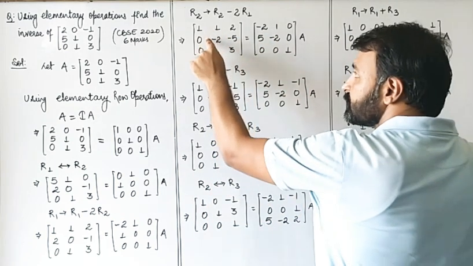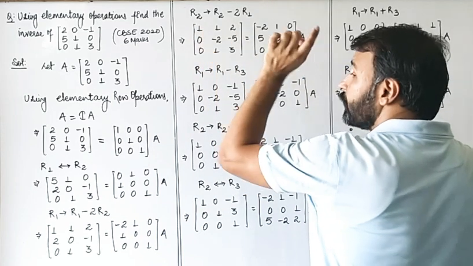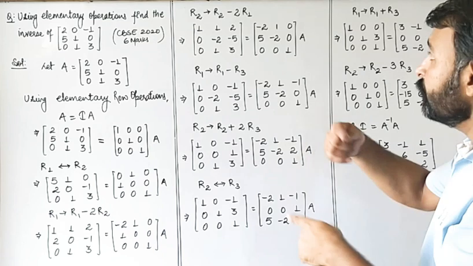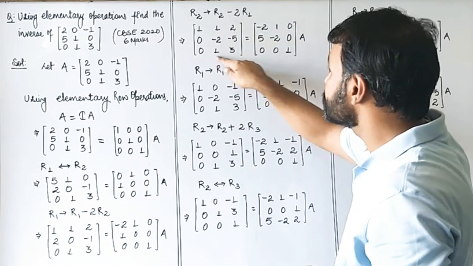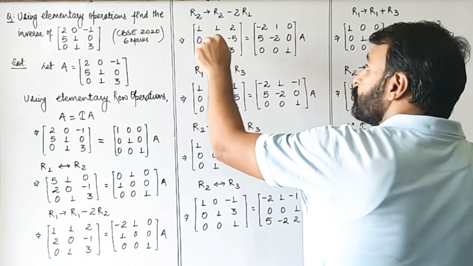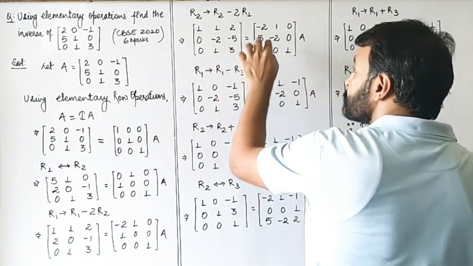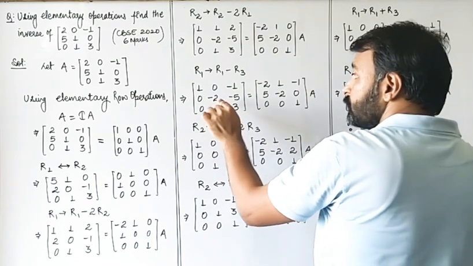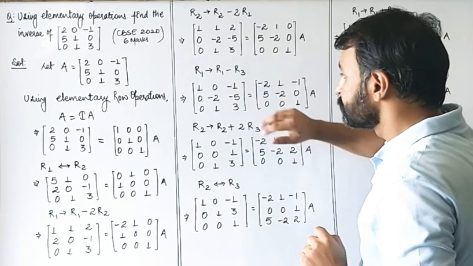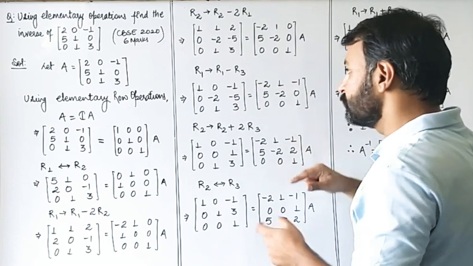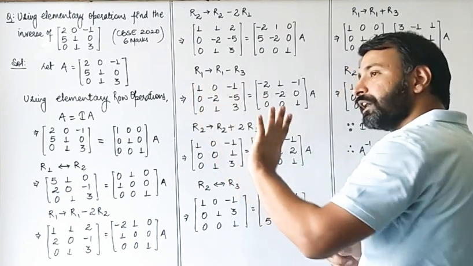Now this is 1, this is 0, this is already 0. Now this is 1. What we have to do is we have to make this 1 into 0. So we'll apply the operation R1 tends to R1 minus R3. ऐसा करने से क्या होगा बच्चों? 1 minus 0 is 1, 1 minus 1 is 0, 2 minus 3 is minus 1. Similarly, we'll apply the operation here. Now this is minus 2, this is 1. It is very clear that if we interchange row 3 and row 2, then we'll get 1 over here. Also what we can do is first we'll make this as 0 and then we will interchange. It is one and the same thing.